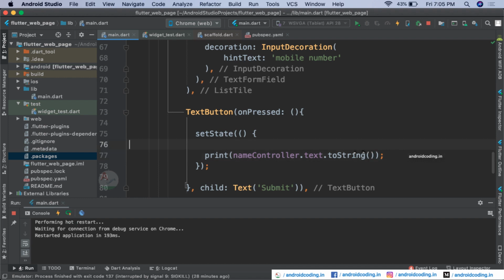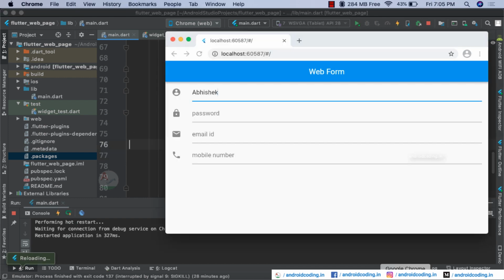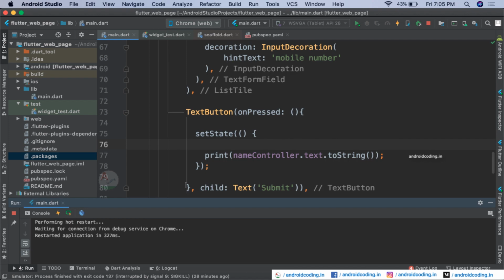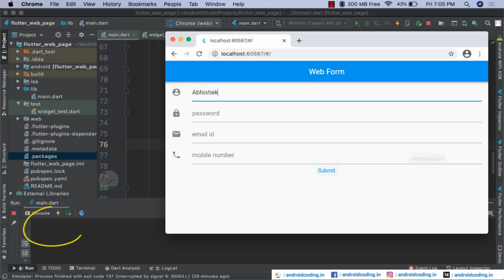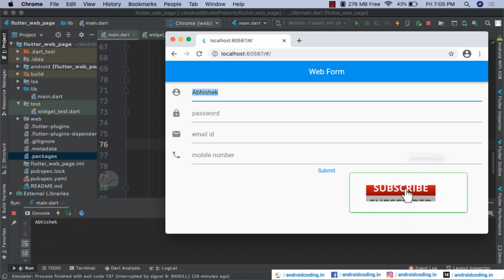Now let us save the code and open our browser. Here you can see a submit button. Type a name here, and currently we don't have anything. I'm just deleting it, and when you tap on the submit button you can fetch the name which we have provided in this particular form field.